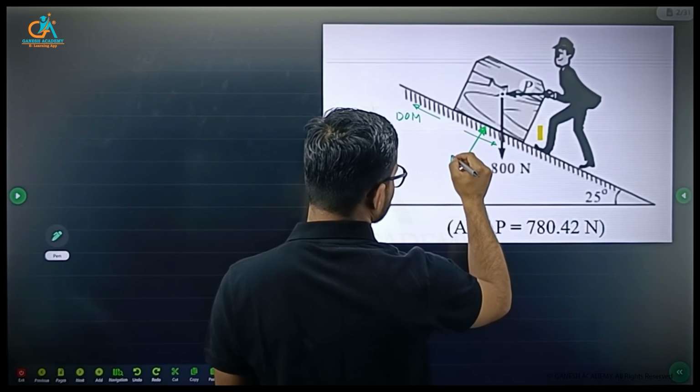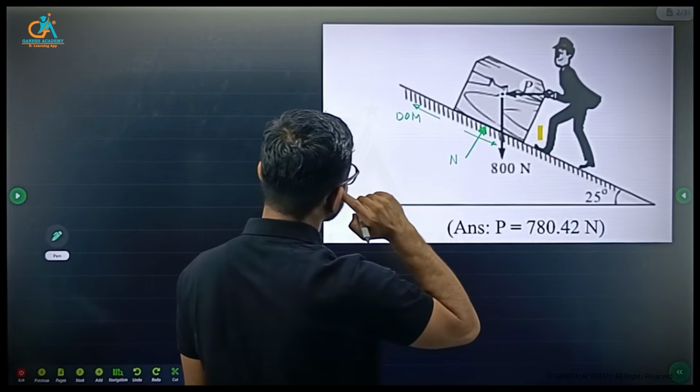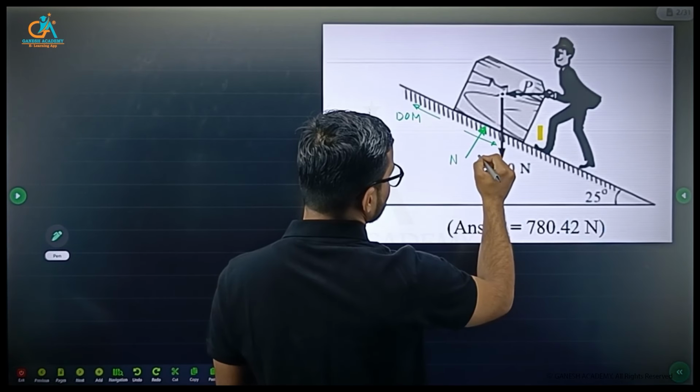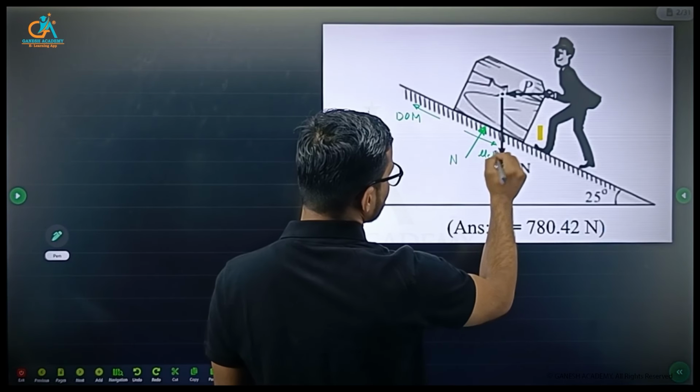If this is normal reaction n, then this is mu s into n,